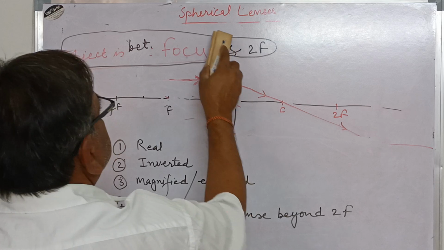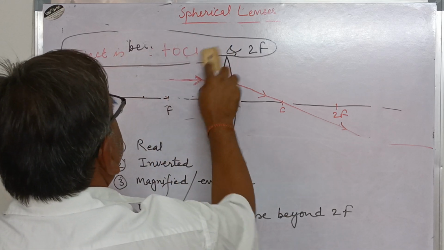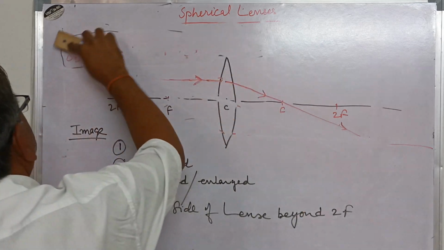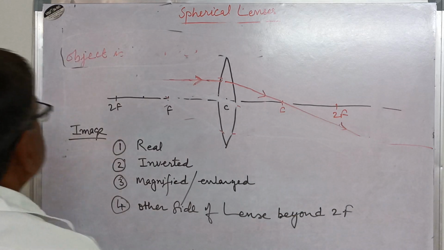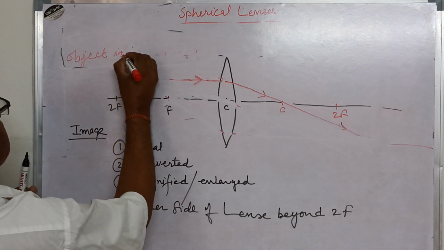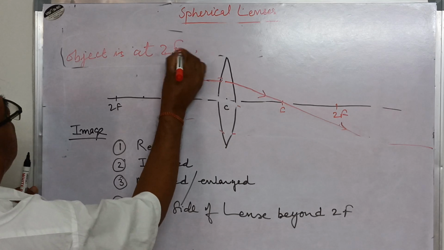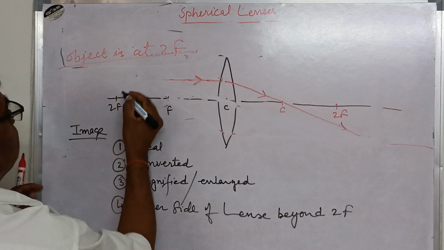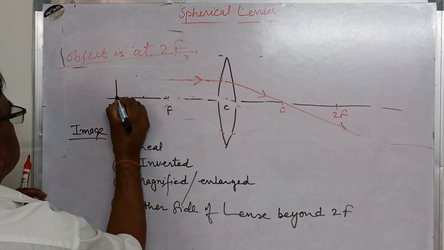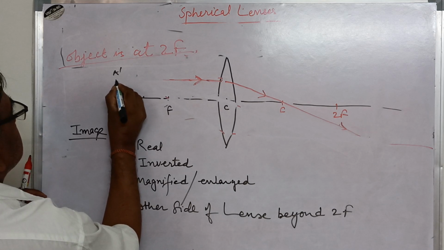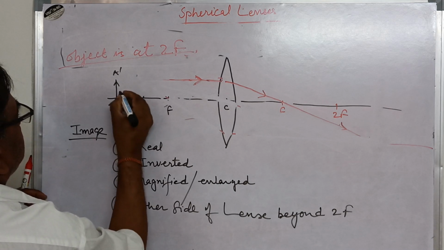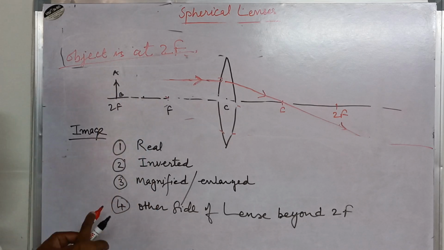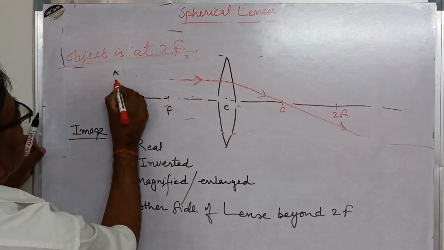The next case is when the object is at 2F. Draw it here. This object is here. A dash, this is the head, and this point is the bottom. AB is the object. Now take this ray parallel